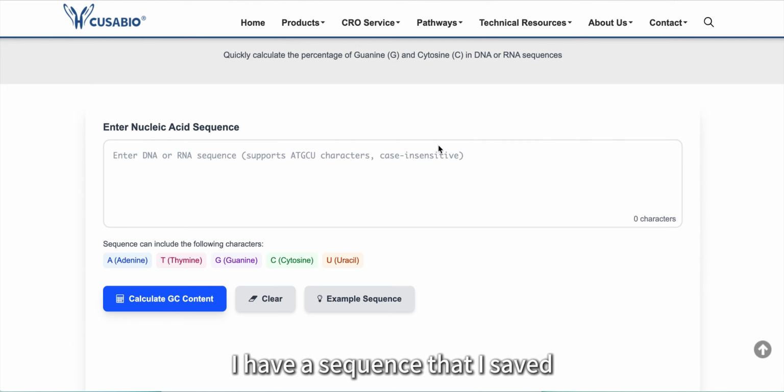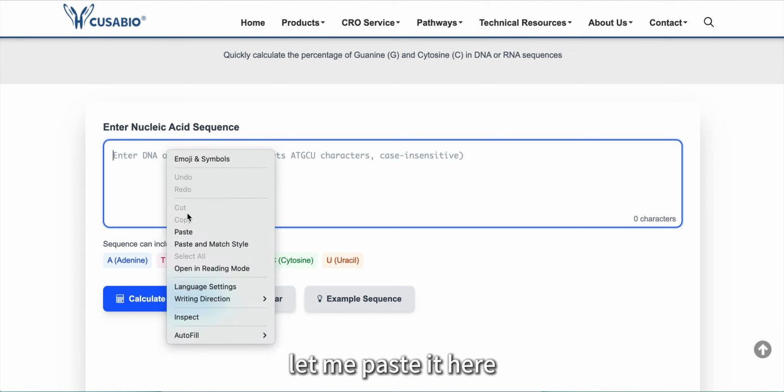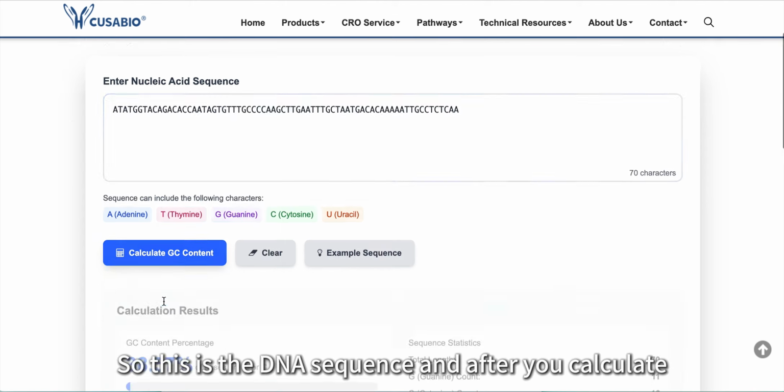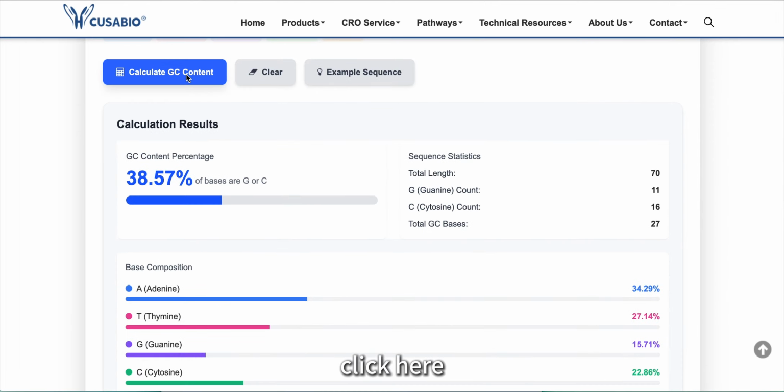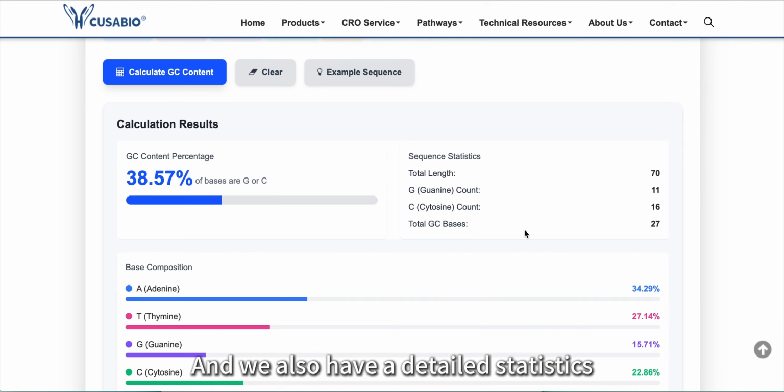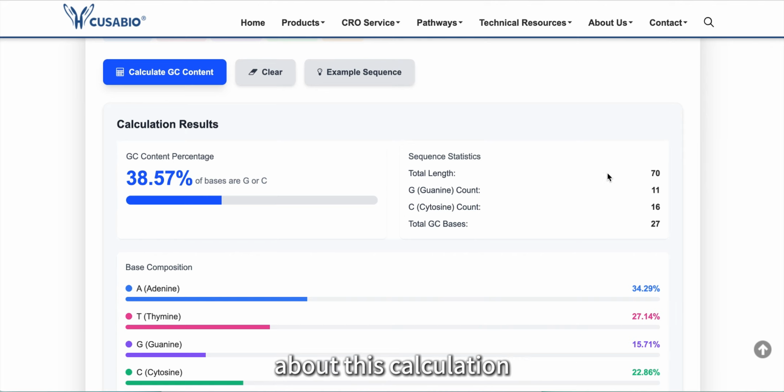I have a sequence that I saved. Let me paste it here. So this is the DNA sequence, and after you paste it, click here to calculate the GC content. The calculation result will show up in 1 second, and we also have detailed statistics about this calculation, like